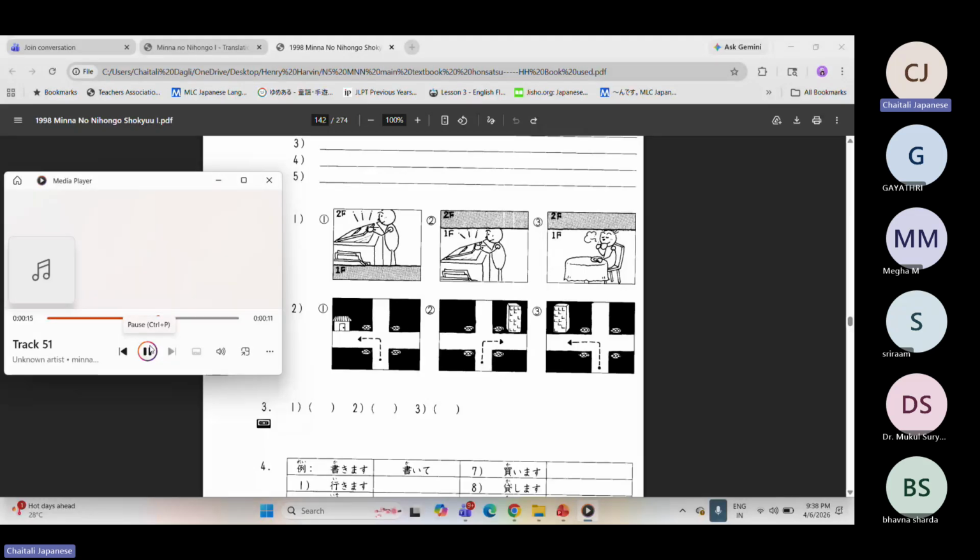2、新大阪までお願いします。 はい、 あの信号を右へ曲がってください。 はい、 あの白いビルの前で止めてください。